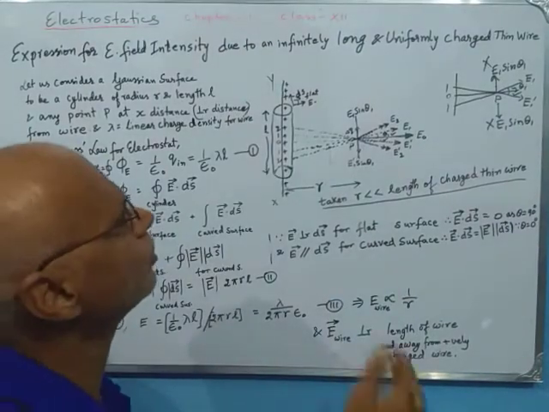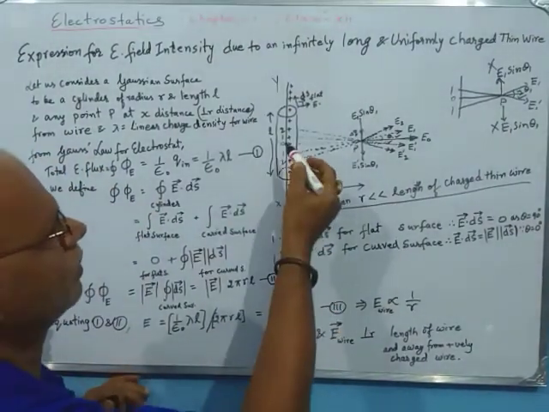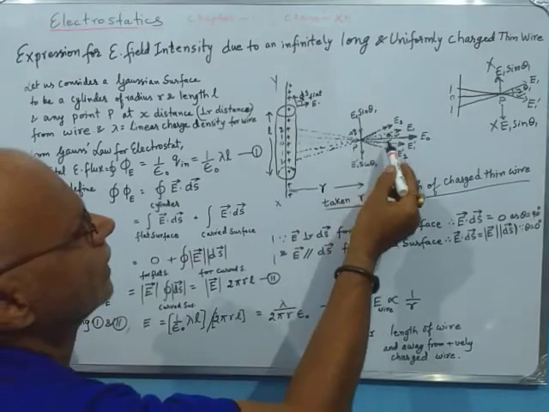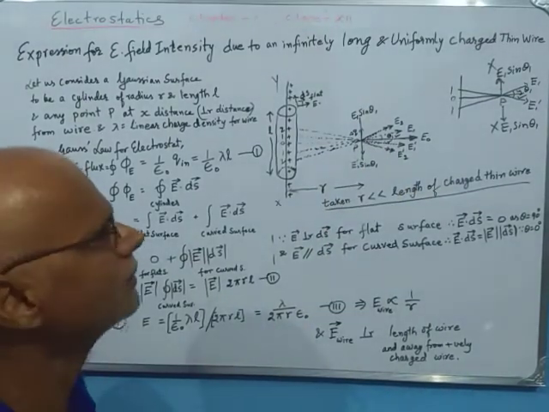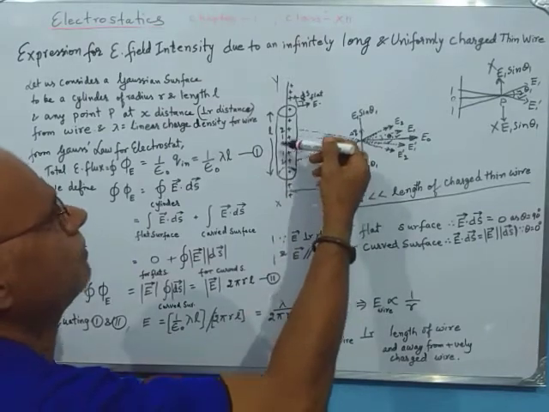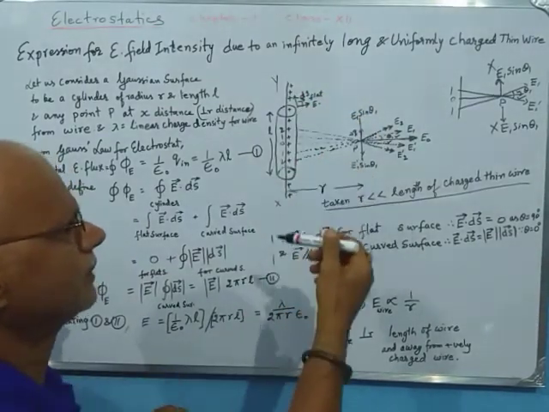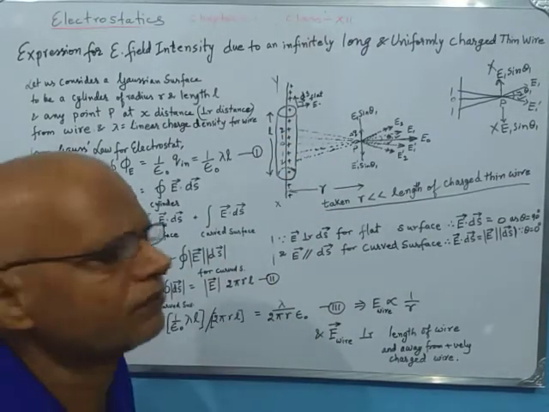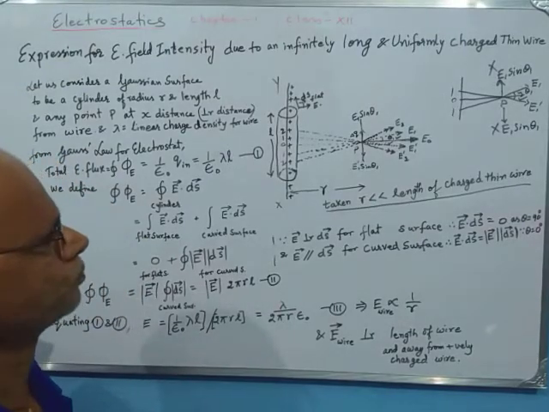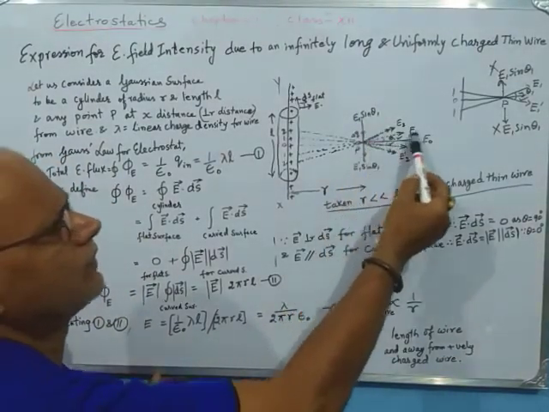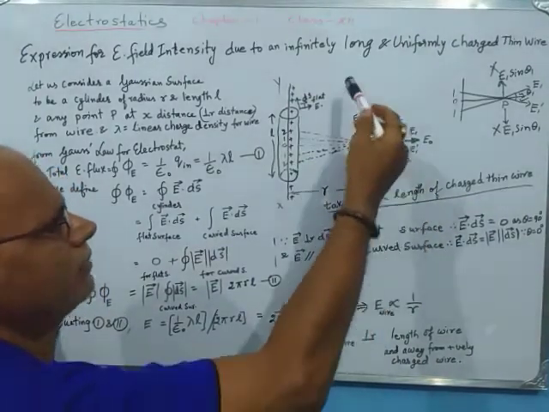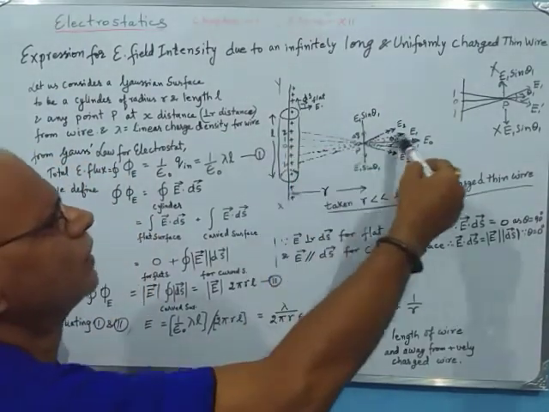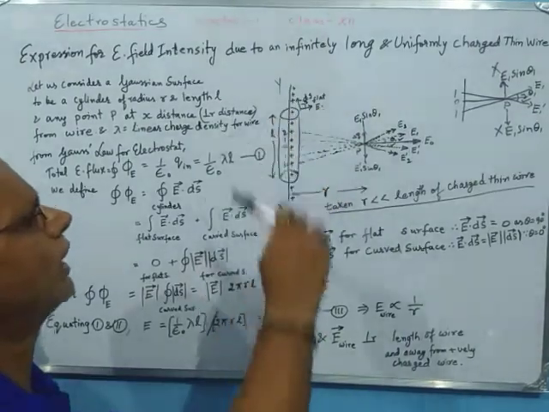This will be true for all such symmetrical charges distributed about the central charge. That means we will have no vertical component surviving, because for every charge above the central charge we can have a symmetrical charge in the lower part of the wire. As a result, we will always be left with the horizontal component of their electric field, and we don't have any vertical component surviving.